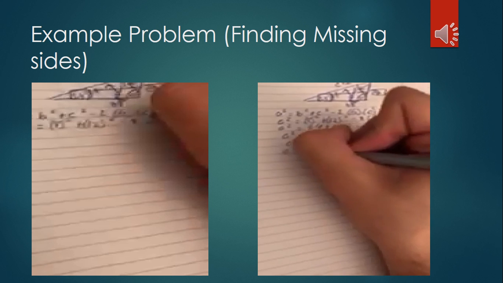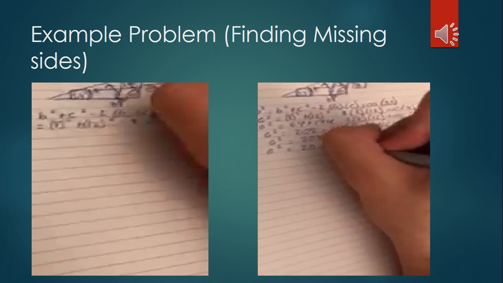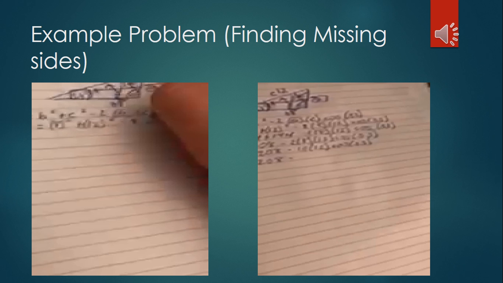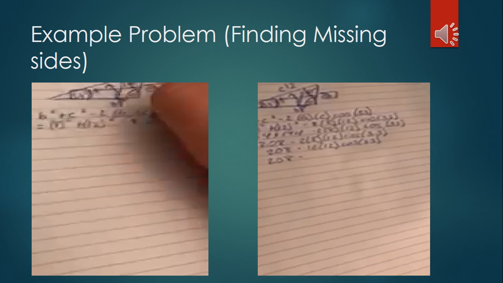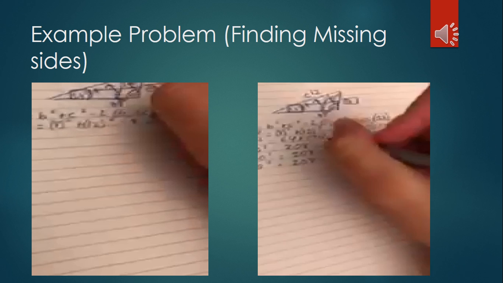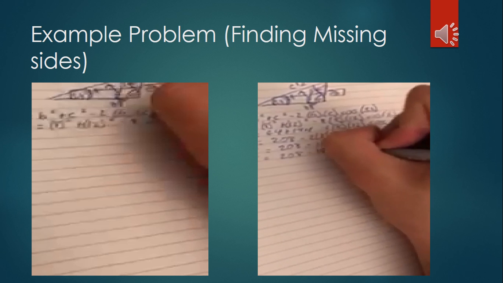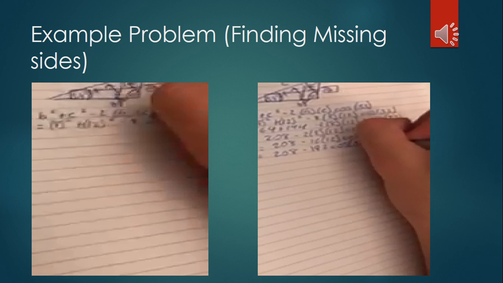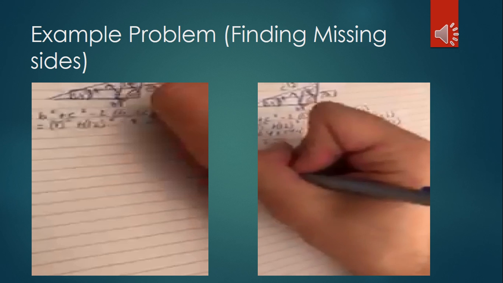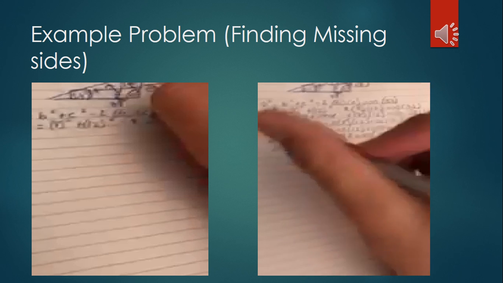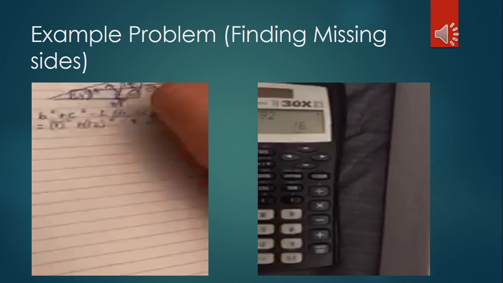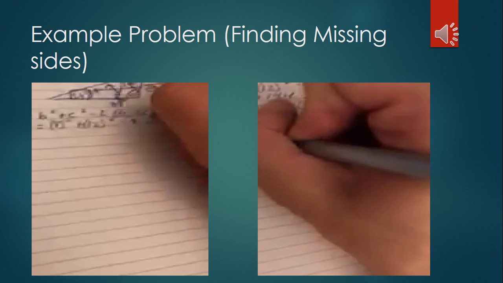Then it's a squared is equal to 208 minus 12 times 16, which would be 12 times 4 is 48, 48 times 2 is 96, and 96 times 2 is 192, cosine 33. And then it's a squared is equal to 208 minus 192, which is 16,